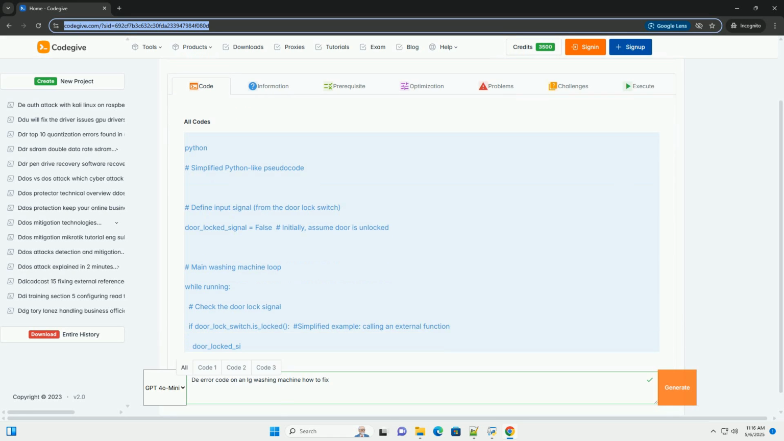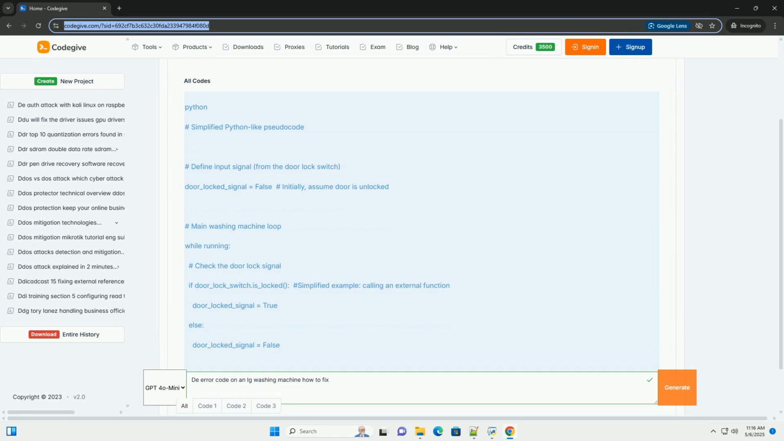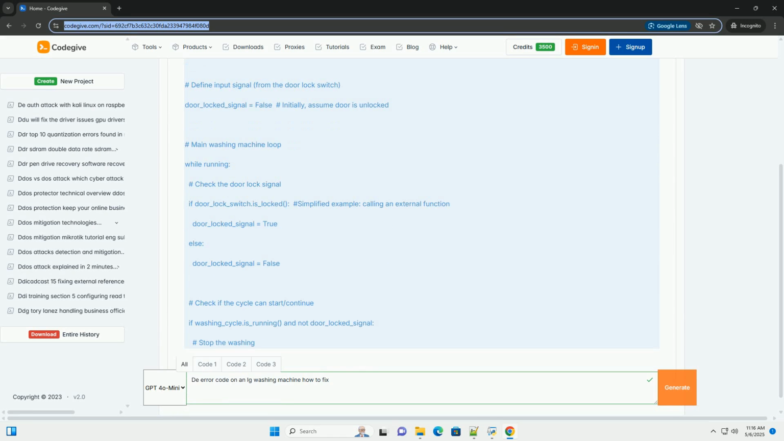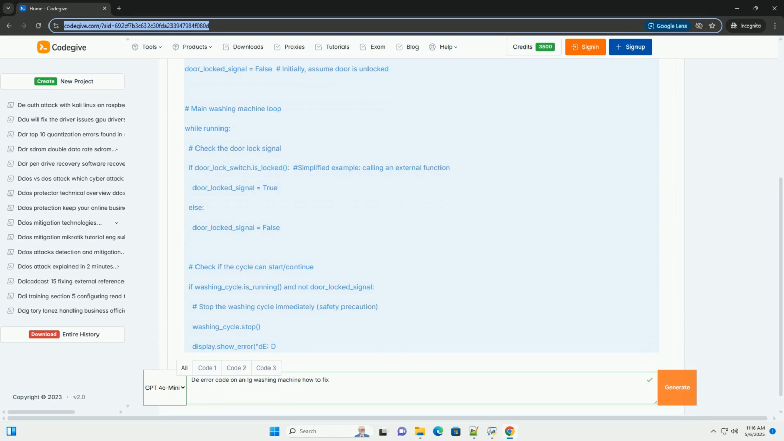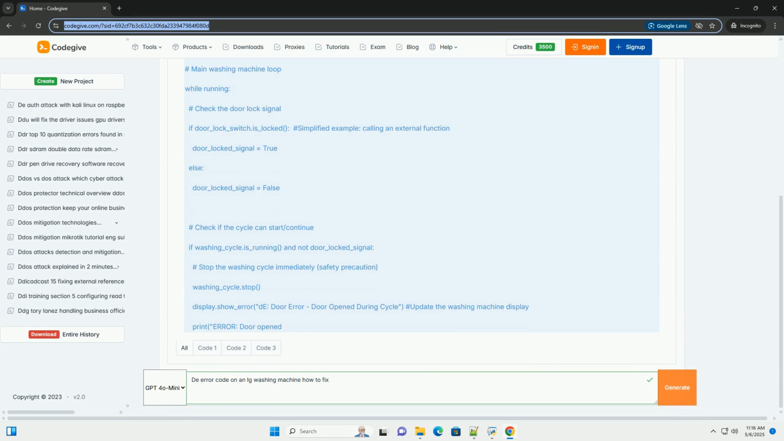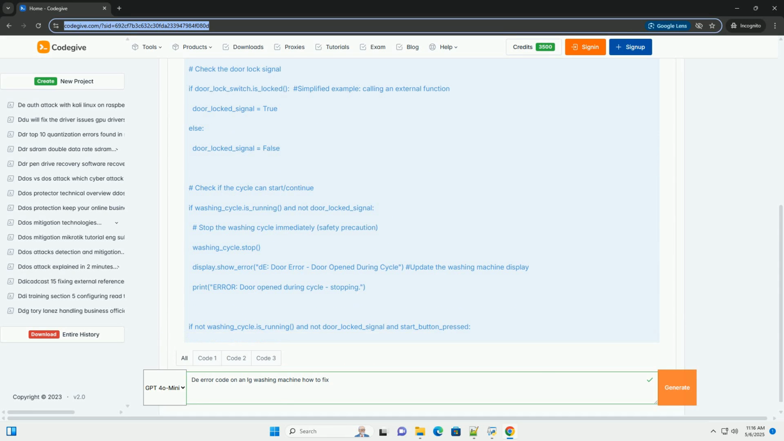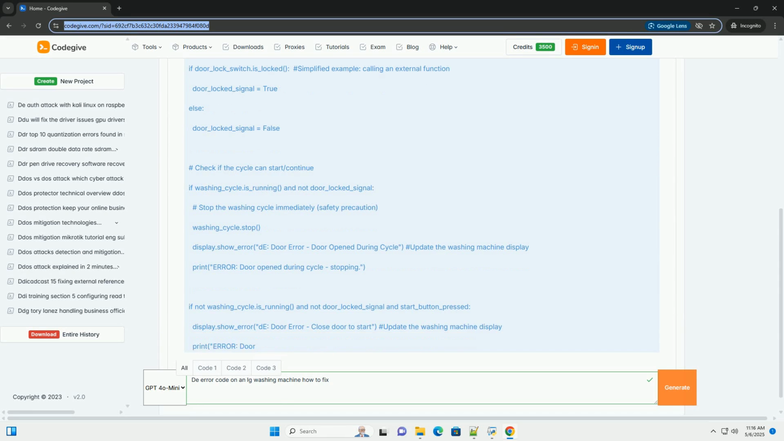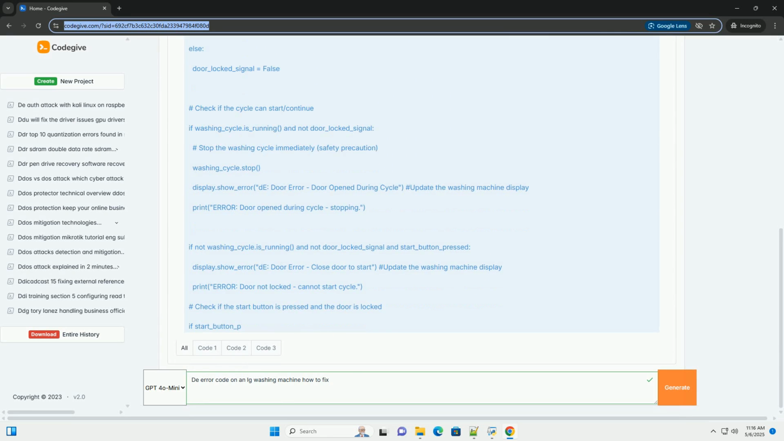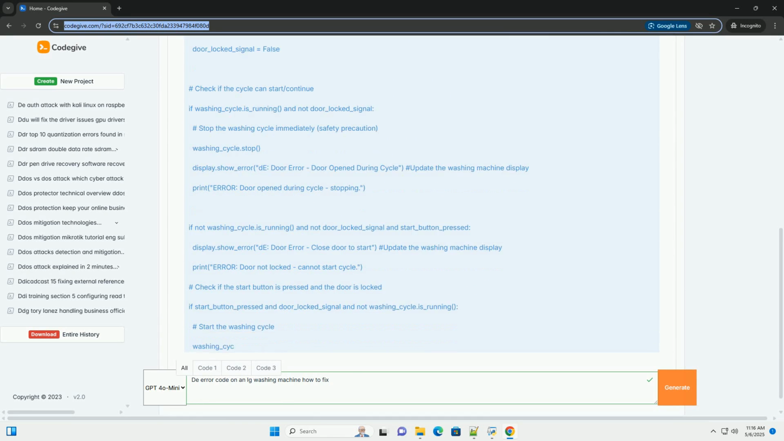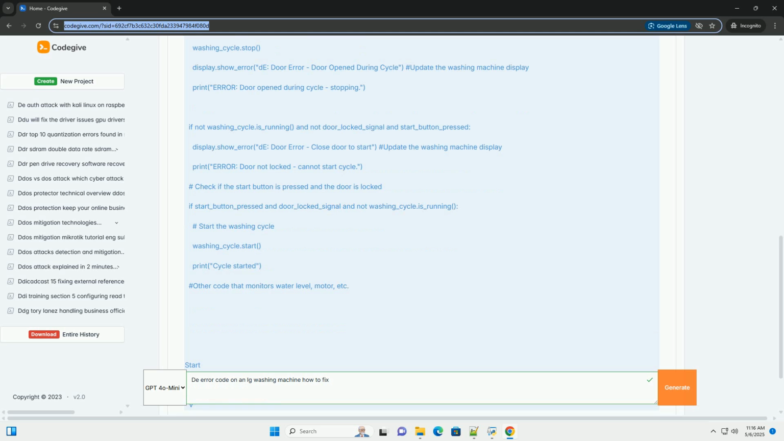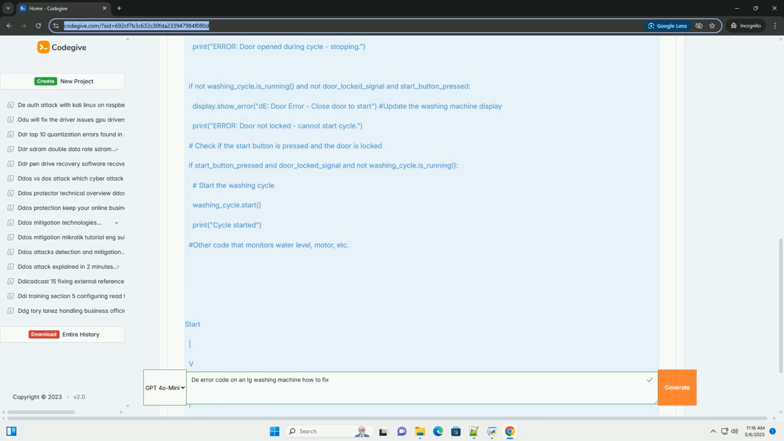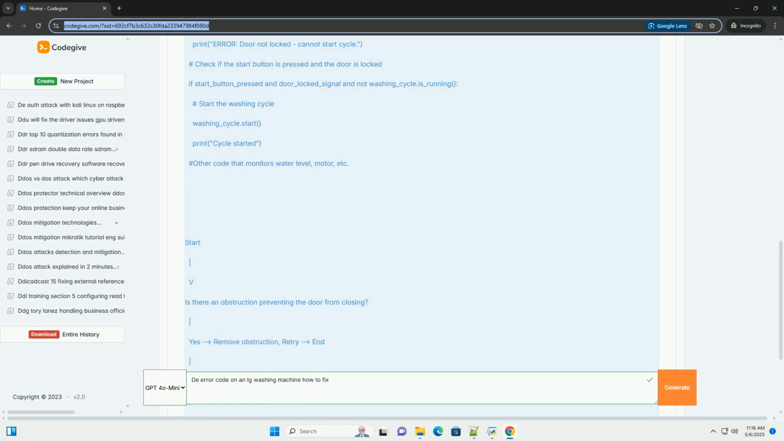Decoding and fixing the error code on your LG washing machine, a comprehensive guide. The error code on an LG washing machine indicates a door error. This means the washing machine control board isn't detecting that the door is securely locked. This is a critical safety feature preventing the machine from operating with the door open, which could lead to water